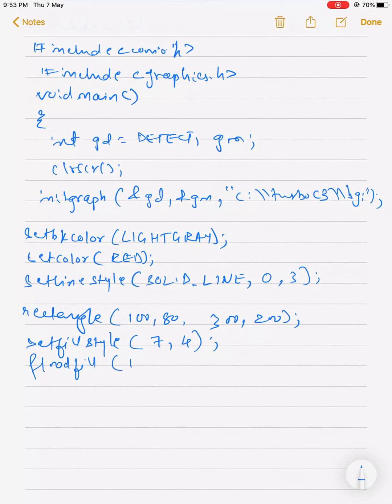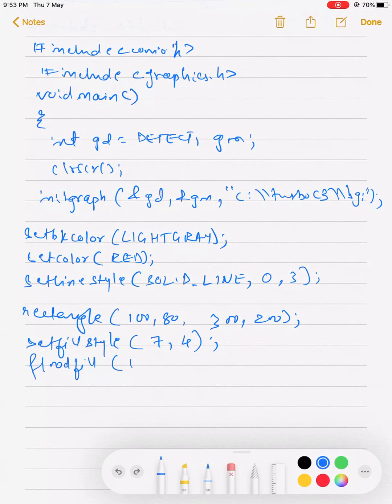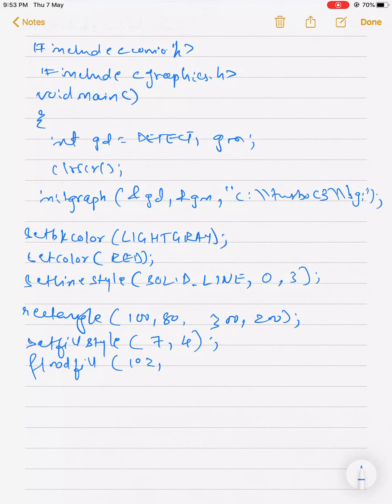One minute. I write inside coordinate 102, 83 to flood fill this entire thing with say a red color only.